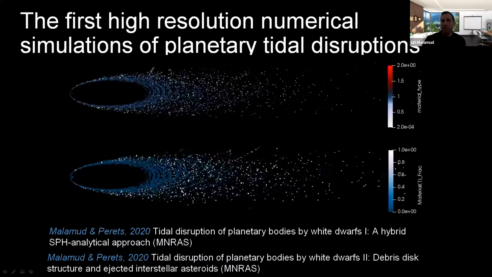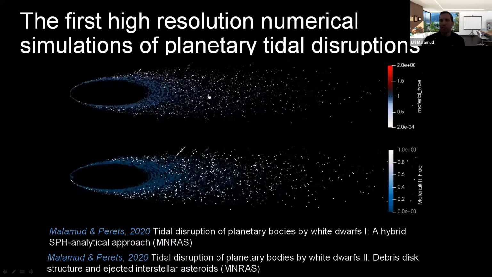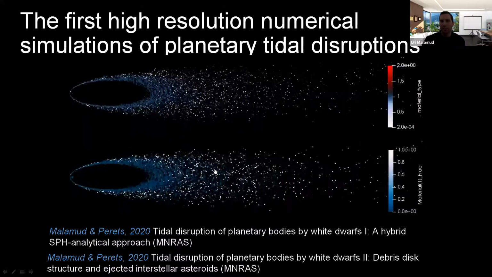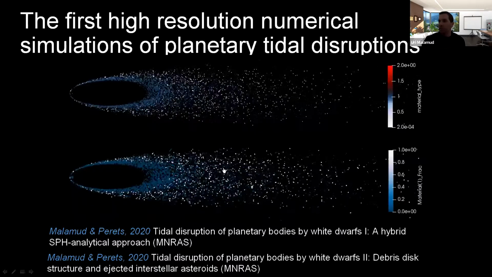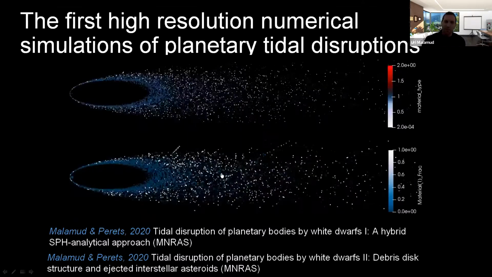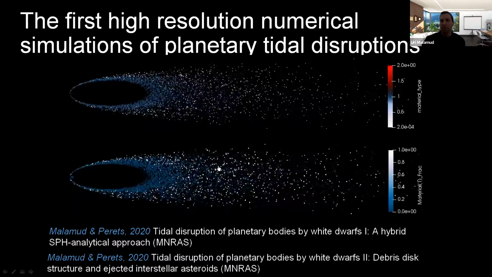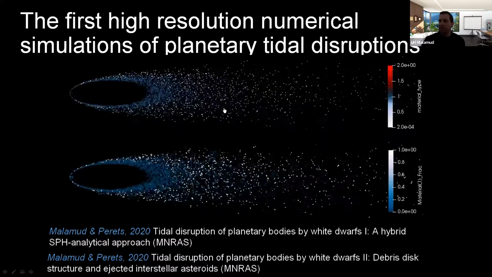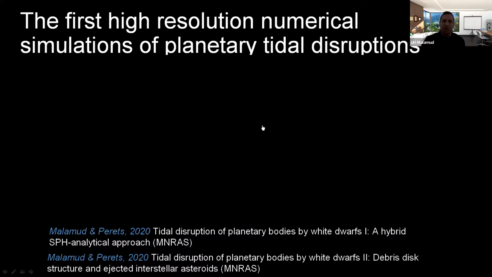So we went from several thousand particles, which is very few nowadays in hydrodynamical simulations, to 500,000 particles. And we take any orbit that we want. So this is really a first, and the result between this model and this model are exactly identical. There's no difference between these models whatsoever. Again, the trick is to simply use Keplerian orbits once you get far enough from the star.